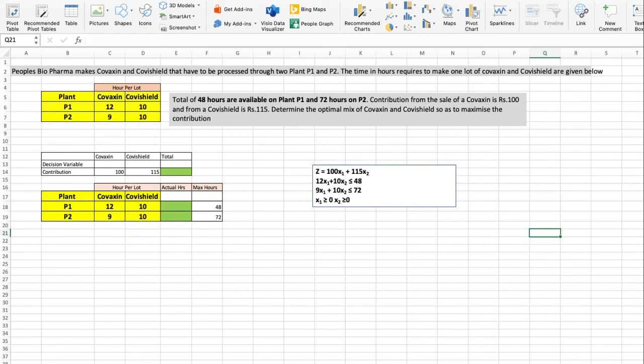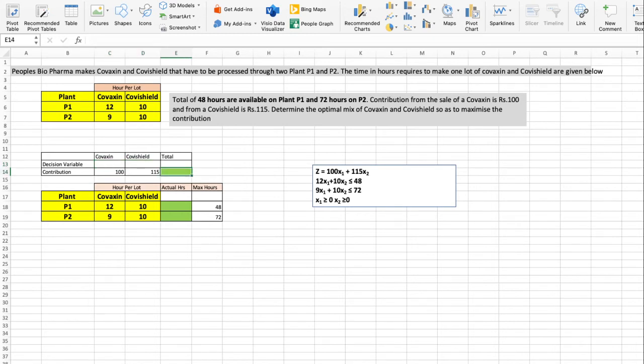So inequality 1, inequality 2, and these we have taken as constraints also. So these are the other constraints. And we are going to give the formulas. So this is what exactly we call the decision variable. The decision variable will contribute to the maximization amount.